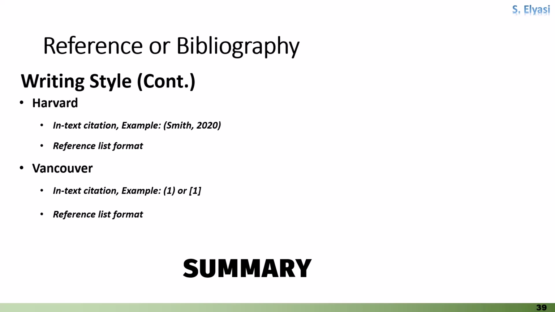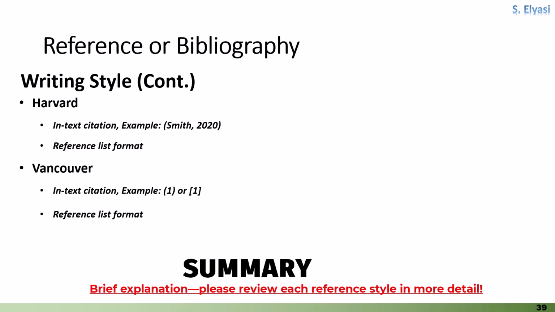Summary of differences across styles. APA focuses on the author-date system, uses sentence case for titles, and emphasizes the DOI for digital sources. MLA uses the author-page system for citations with full names of authors and title case for titles. Chicago offers two options, one with footnotes or endnotes, and another using the author-date system, with slight differences in punctuation. Harvard is similar to APA but allows for different formatting conventions for punctuation and italics. Vancouver uses numbered references in the order they appear and is common in medical literature.